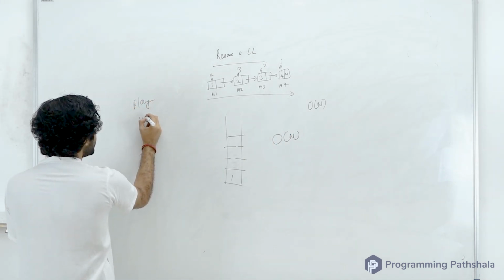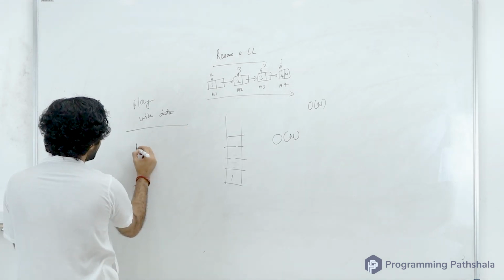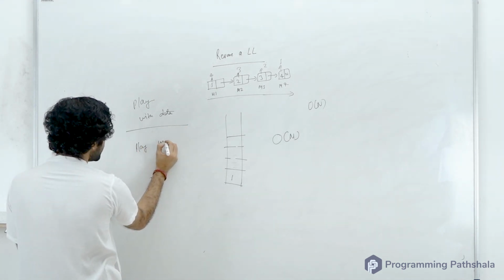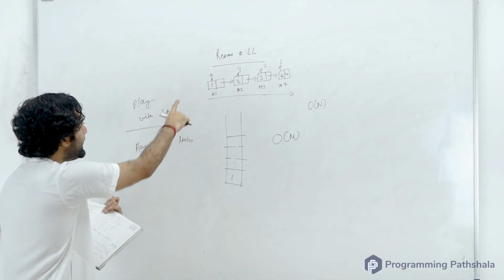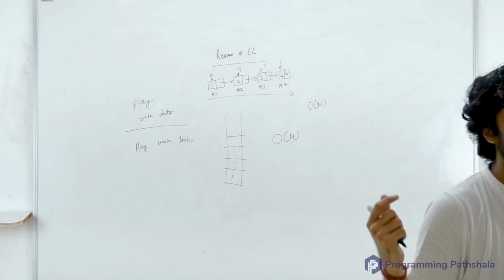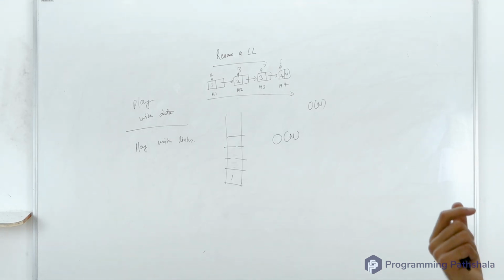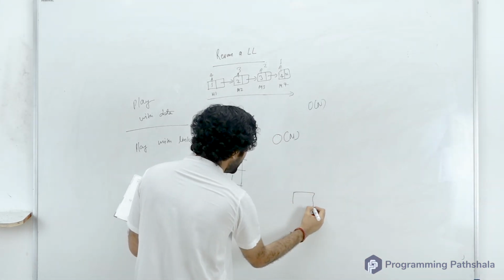And now this is a very important point. You should never play with data. You should play with links. So instead of changing the data, you have to change the links such that the linked list becomes reversed. So the expectation is something like this, that this M4